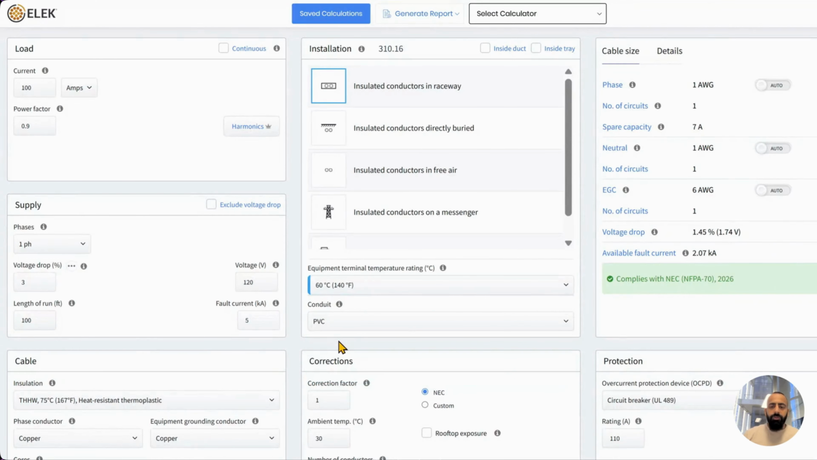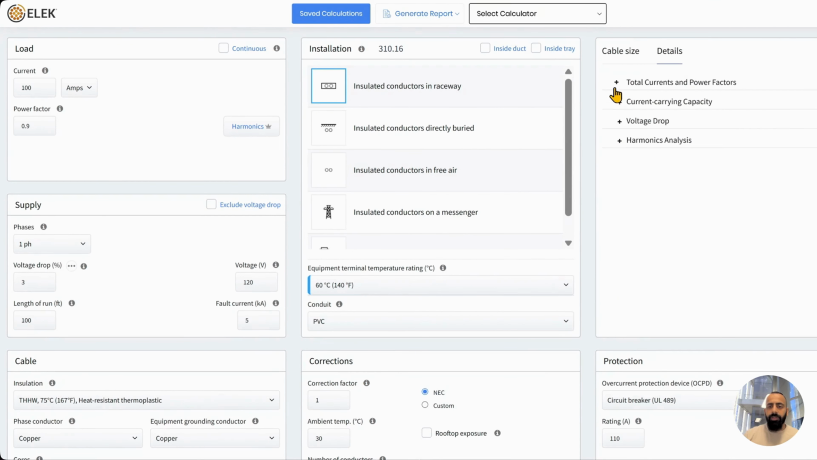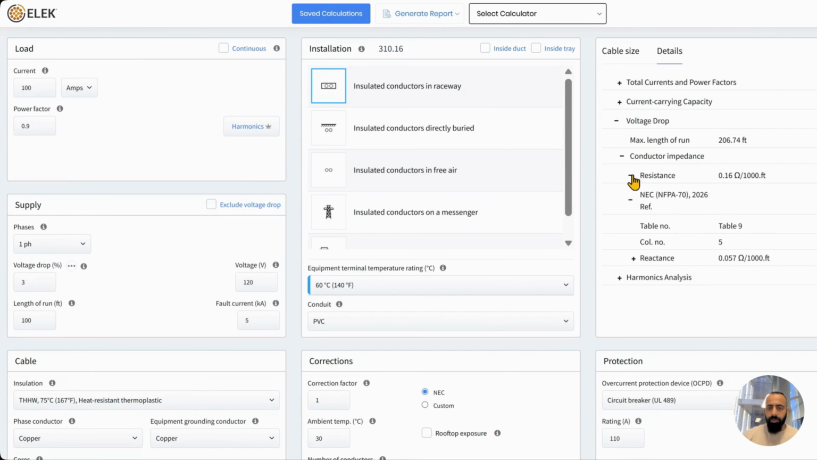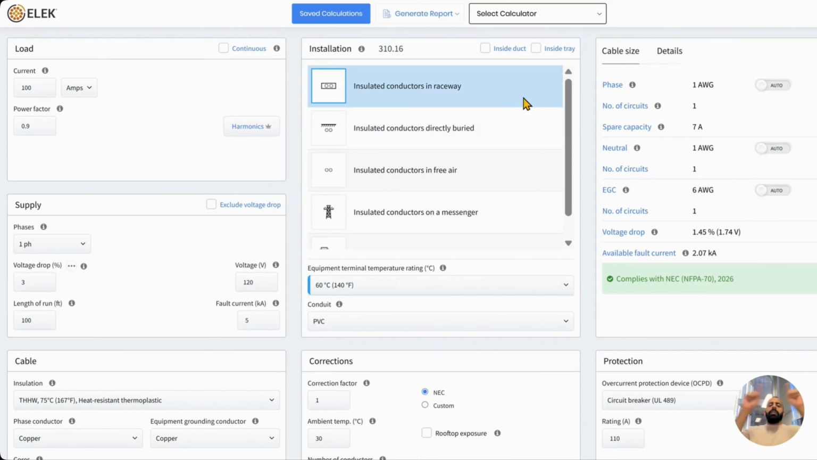I can see the references to these tables in these references you can find in the details. So we go into voltage drop, resistance value, we extract this value from the NEC table, and the references we use are table 9 and column number 5 for the resistance values. We can similarly see it for the reactance value, table 9, column 2 is used for the reactance value. So in the installation